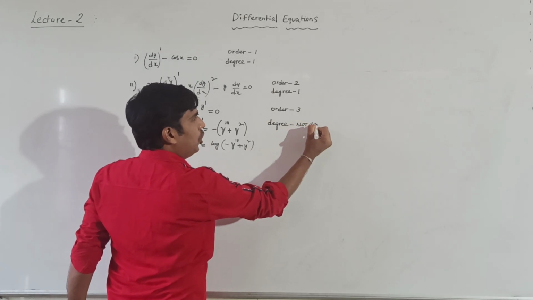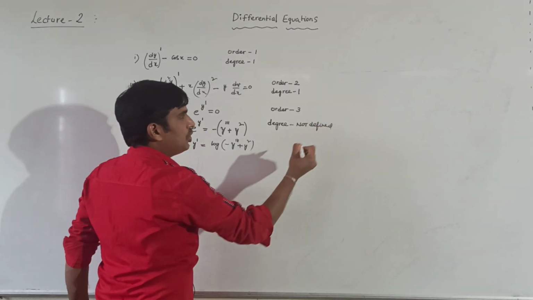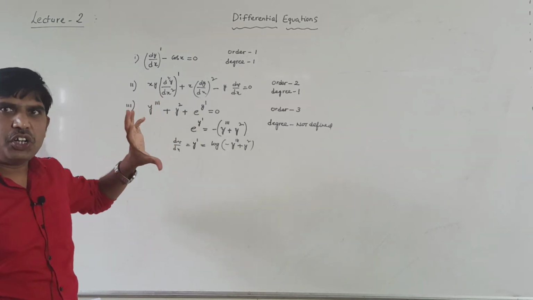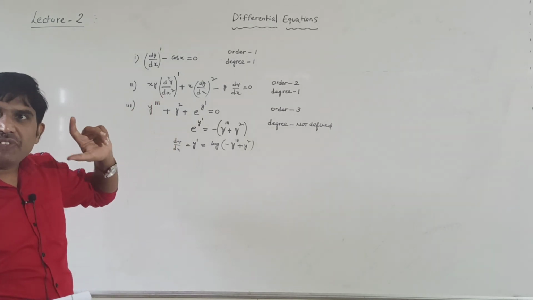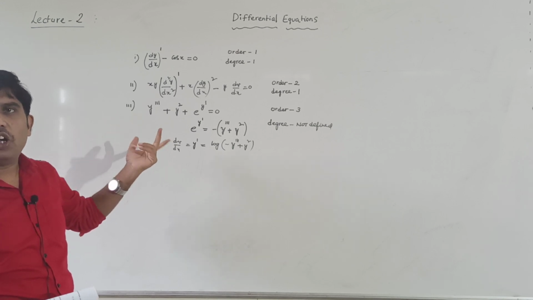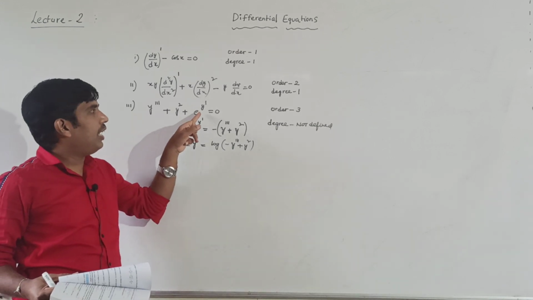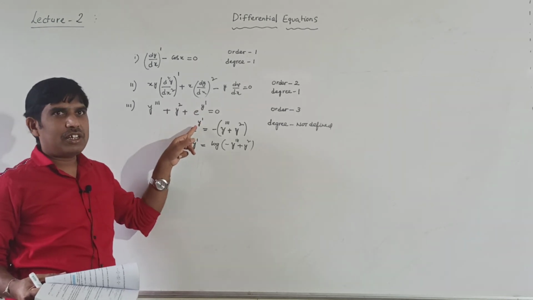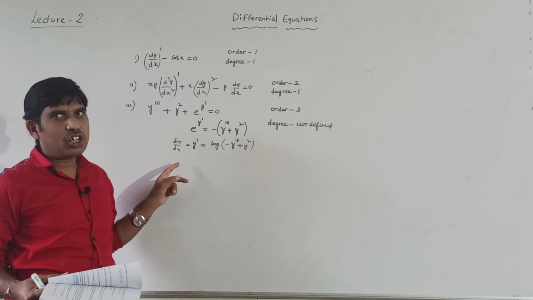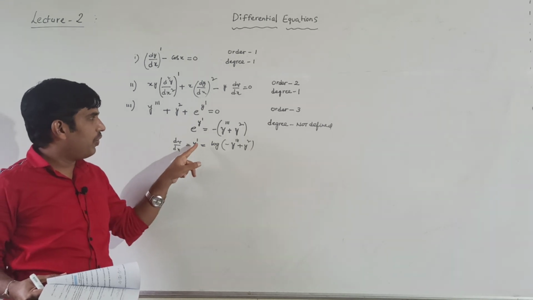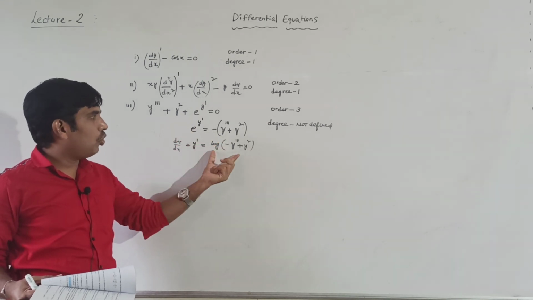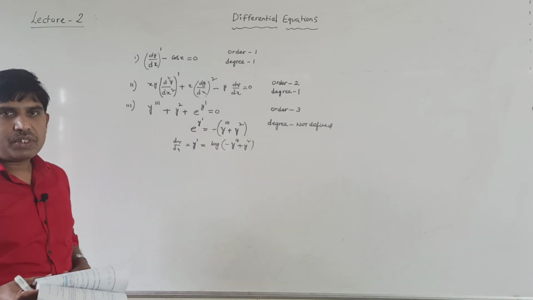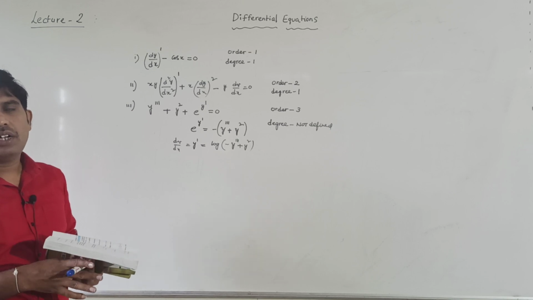Just write it down, no need to give any explanation. Just write degree is not defined. Even this one, no need to write; it is just for your sake, to show how to verify whether degree is defined or not. Understood? Here the transcendental function includes a derivative. So if you eliminate that, whether degree is defined or not, okay? We have to verify this: y dash is equals to log, again derivatives exist, hence degree is not defined. Understood?